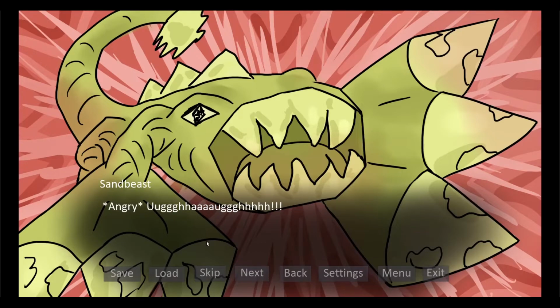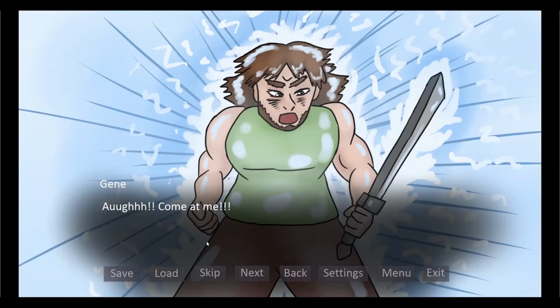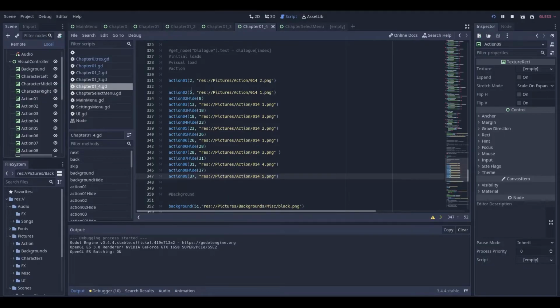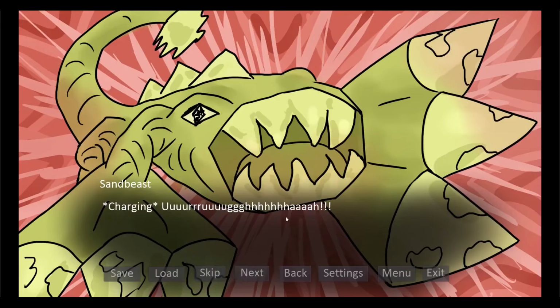Yeah, and then it shows a new picture, goes back to the old, which is why this is kind of janky, because instead of hiding the first picture, I just show the second, and then I hide the second picture. I'm not talking about name pictures, I mean the second displayed action 2, I hide that, and then it goes back to